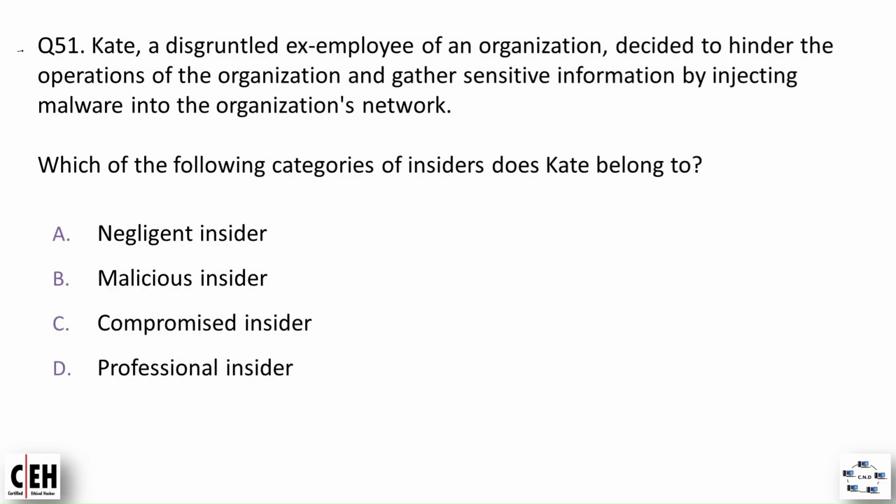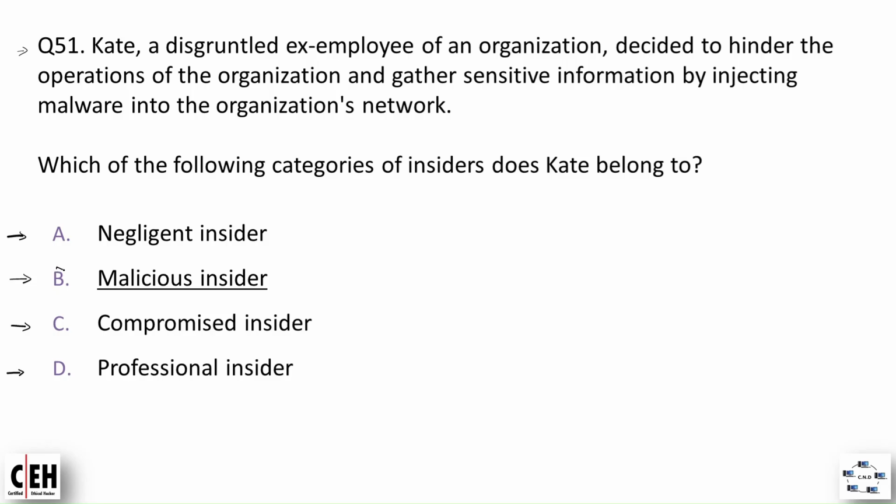Question number 51. Kate, a disgruntled ex-employee of an organization, decided to hinder the operations of the organization and gather sensitive information by injecting malware into the organization's network. Which of the following categories of insiders does Kate belong to? Option A, negligent insider. Option B, malicious insider. Option C, compromised insider. And option D, professional insider. And the correct option is